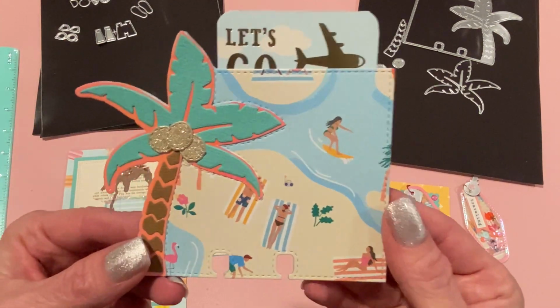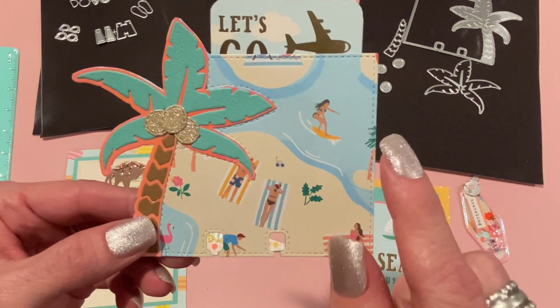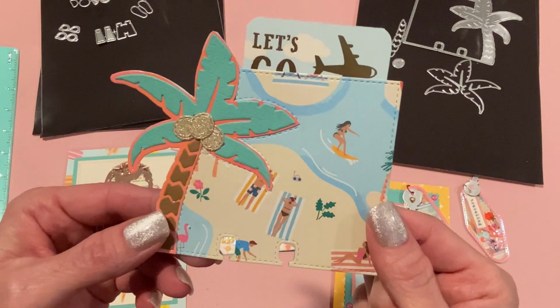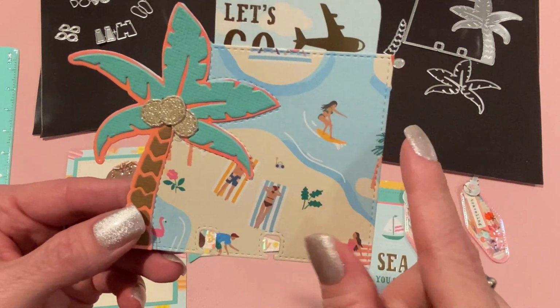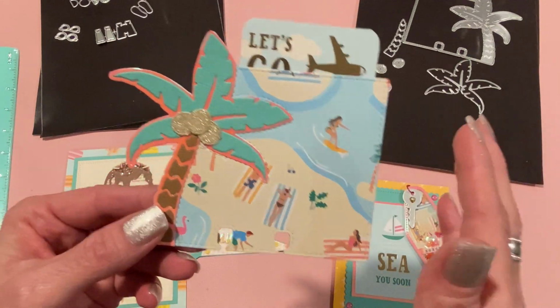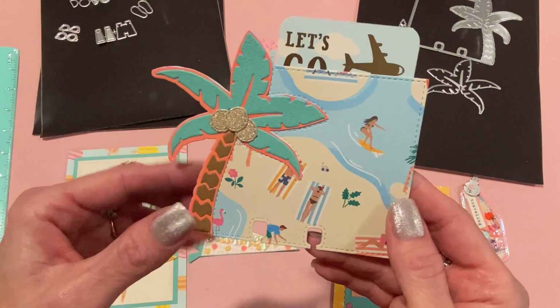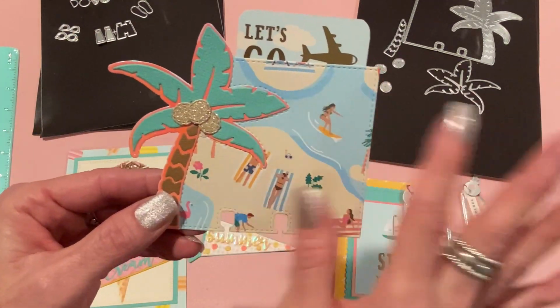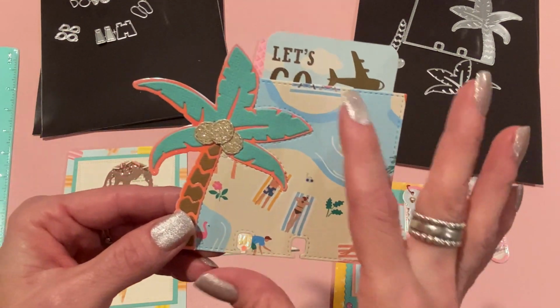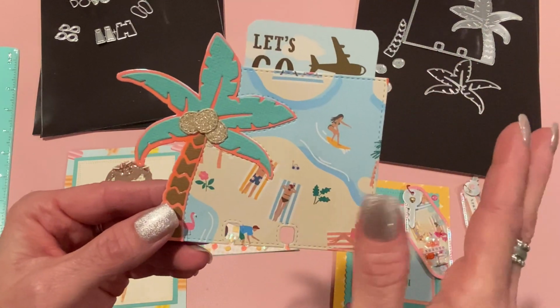So it is a Memorydex card, but I love this paper. This paper is from that Park Lane travel pad, and I just wanted to showcase it. I think it's so cute, and it doesn't need a lot of embellishment. And the good thing about this die set is it has nice layers to it, and then you can do whatever you want to the card itself. And I think if you use a really pretty paper and embellish your palm tree really nicely,